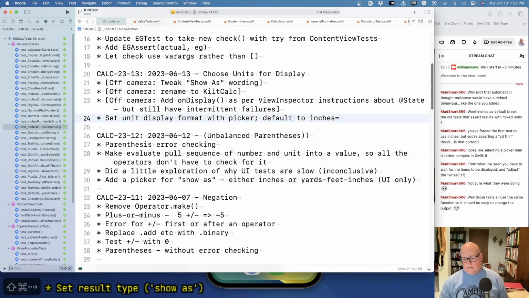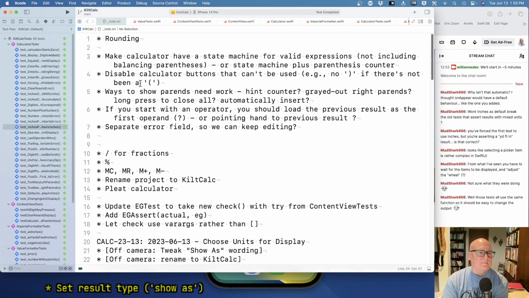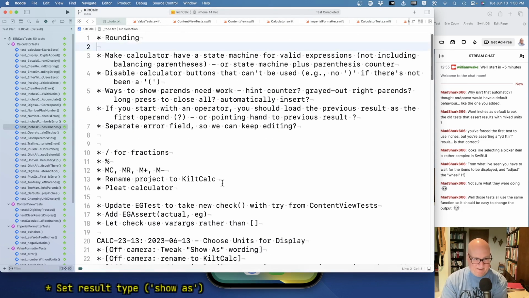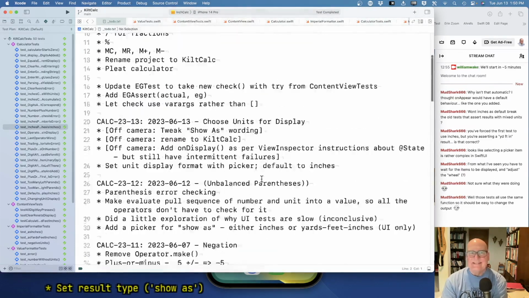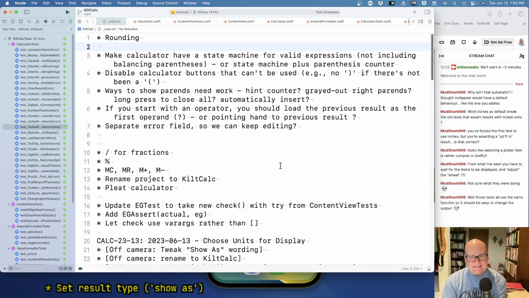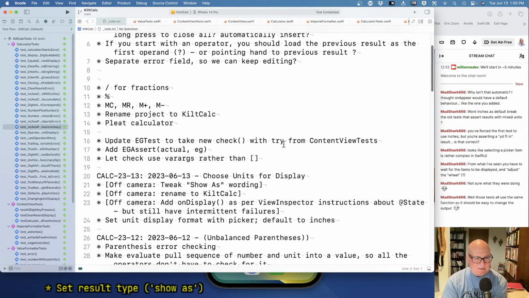All right. Okay. Well, yeah, that view inspector thing killed me. I saw something come by purple again. I didn't check out which ones, but